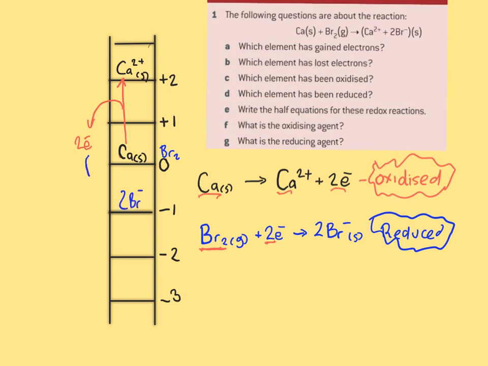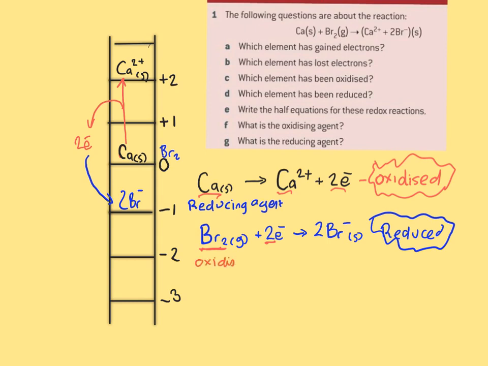And therefore, remember, the reducing agent was the species that pushes the E's. So in this case, the calcium is the reducing agent,